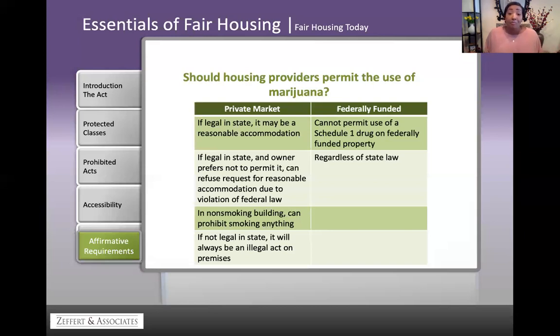That's what we're doing. But there have been many cases, there's so many cases out there where an individual who is living at a federally subsidized property, federally funded property, says, well, I have my medical marijuana card, I have chronic back pain, I need this in order to help me pain manage. Landlords have been at the mercy of the law with receiving that federally funded money to provide housing. And they've had to tell individuals, I'm sorry, but you have to make a choice, because you can't live here and